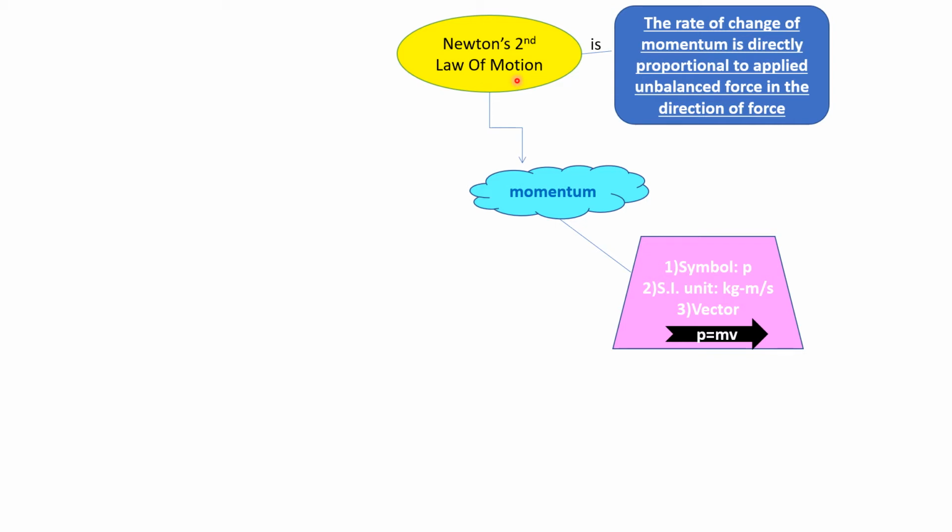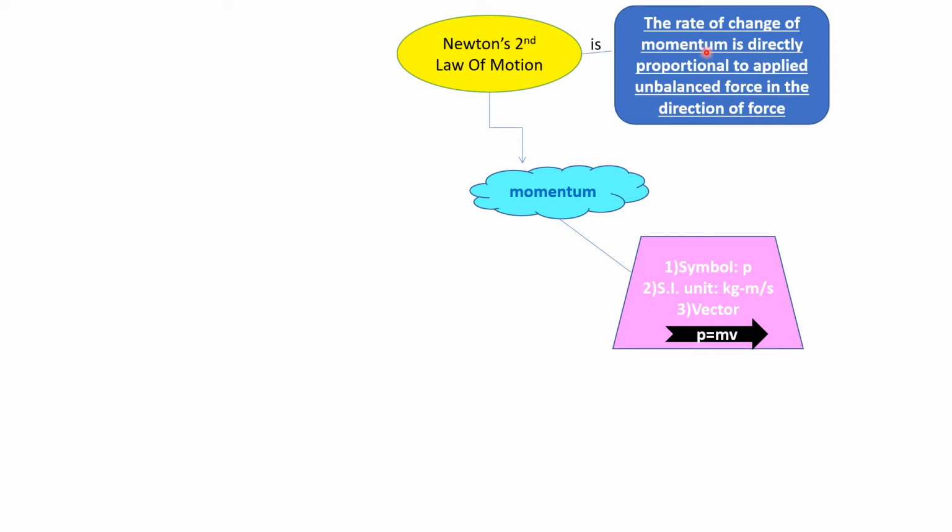Now coming back to Newton's second law of motion, what do they say? That the rate of change of momentum. Now this momentum would change. When would momentum be changing? The mass of body is a characteristic property. It could never change. So momentum will only change when the velocity is changed.